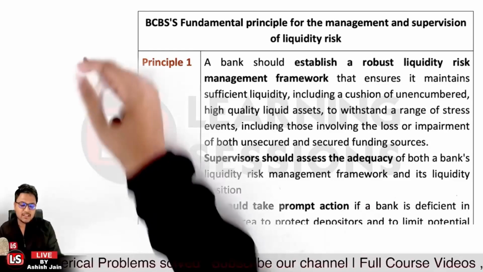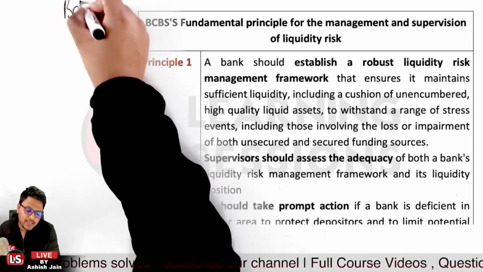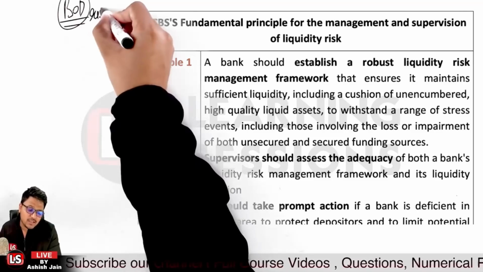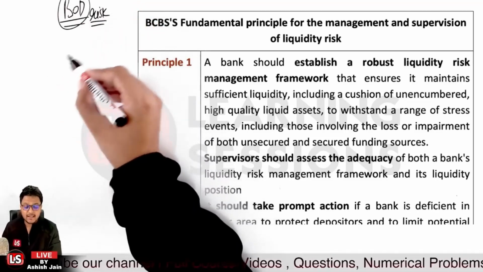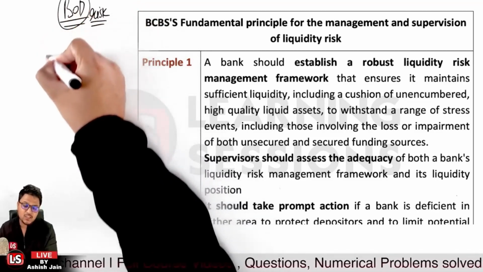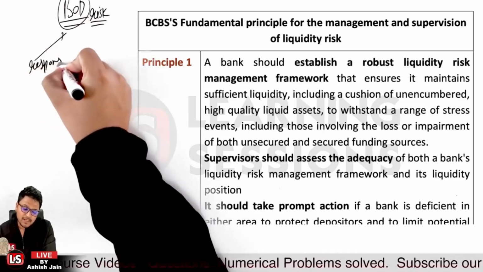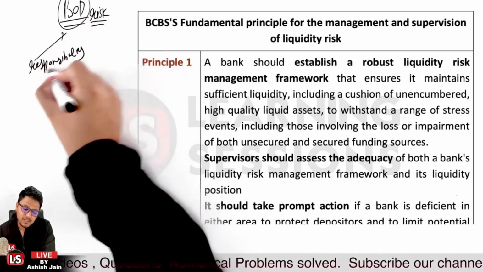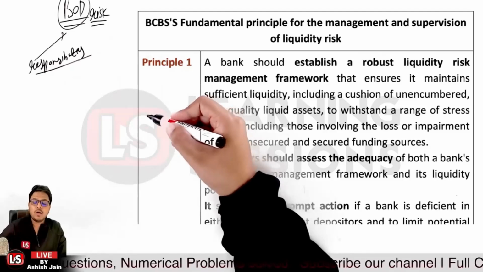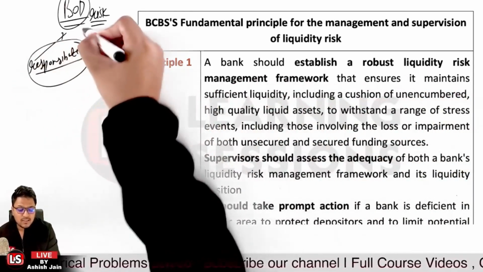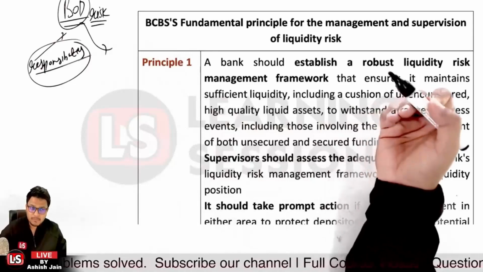First of all, it's particularly on the board of director level. Why board of director level? Because for each and every risk in the banking sector, the ultimate responsibility lies with the board of directors. So the board of directors must have a policy in the bank which is robust related to